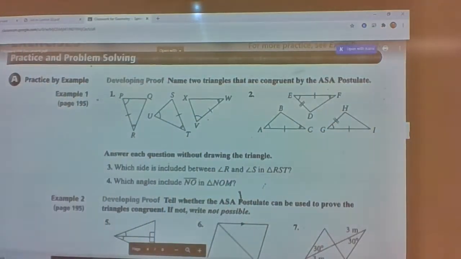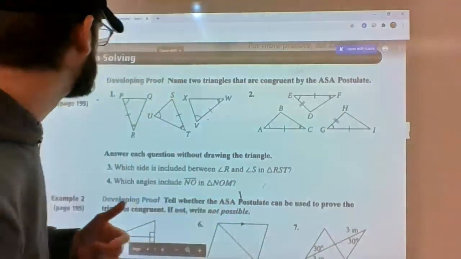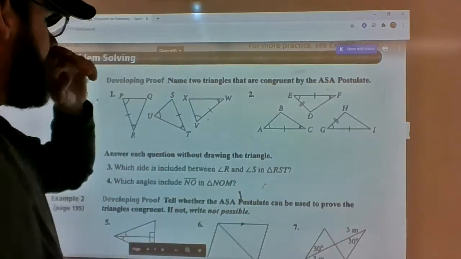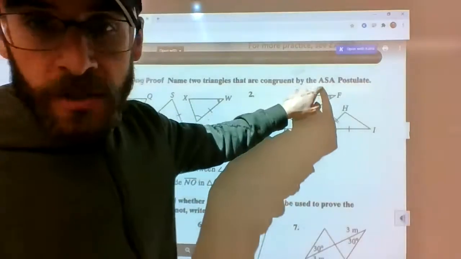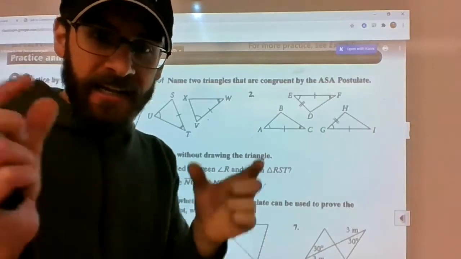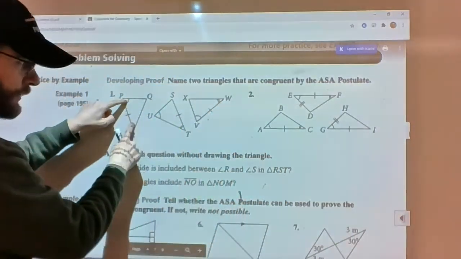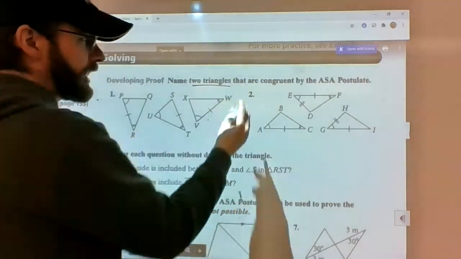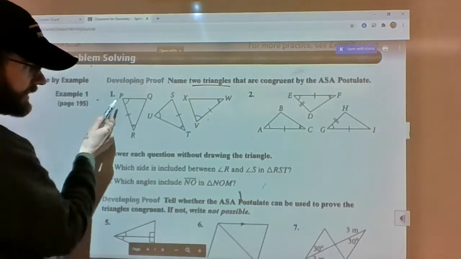So, number 1 is the first official notes example that I'll be checking. We're developing some proof by basically saying, how can we determine which of these are congruent using the angle-side-angle postulate? So remember, it has to be the side included between 2 corresponding sets of angles that might be congruent. So when we say, name 2 triangles that we know are congruent from ASA, we got to think, okay, this